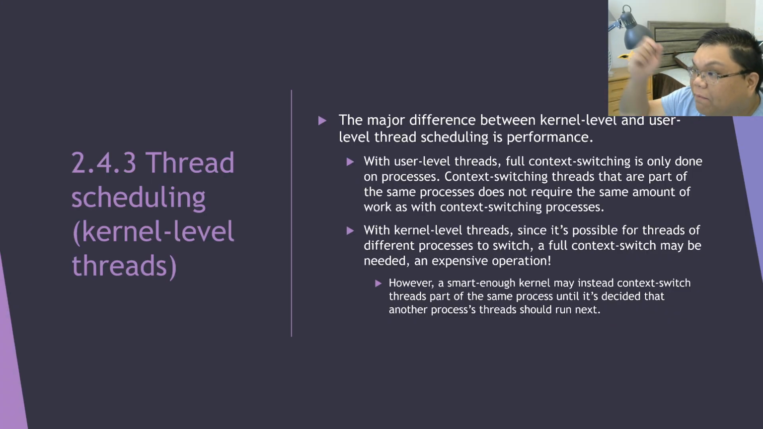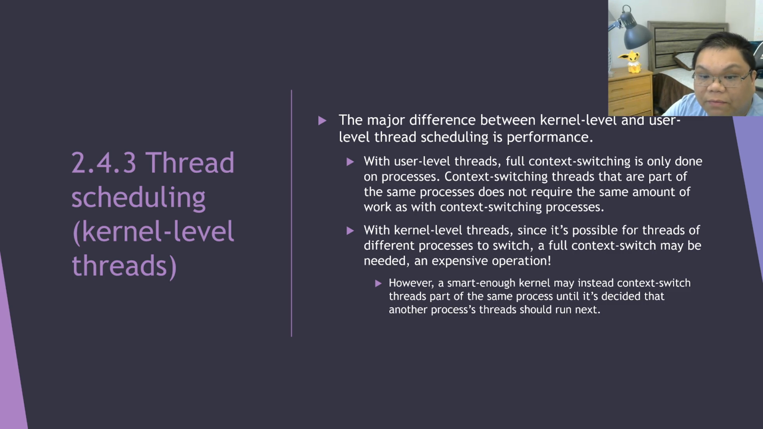Yeah, so the major difference between kernel level and user level thread scheduling is performance. With user level threads, full context switching is only done on processes. Context switching threads that are part of the same process does not require as much work as context switching processes. With kernel level threads, since it's possible for threads of different processes to switch, you'll need a full context switch,